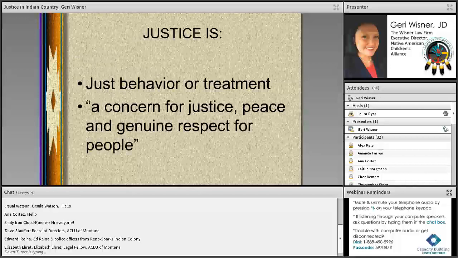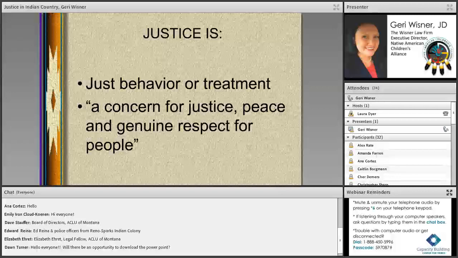All right, let's talk about justice. Black's Law Dictionary says that justice is just behavior or treatment, and it's also a concern for justice, peace, and a genuine respect for people. I like the second definition in that it's peace and a genuine respect for people. However, that doesn't